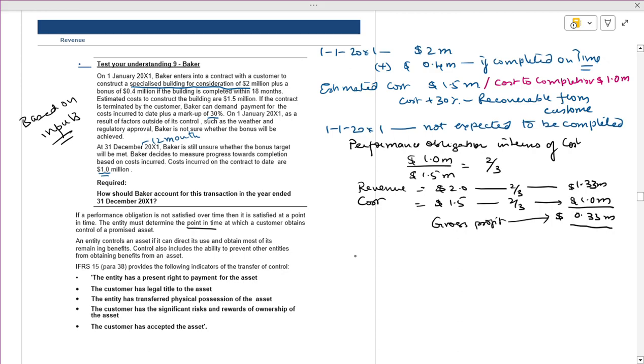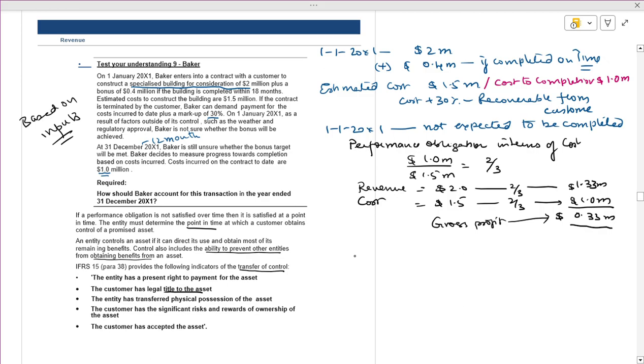An entity controls an asset if it directly uses it and obtains most of the remaining benefits. Control also includes the ability to prevent other entities from benefiting, meaning the benefits should be exclusive, with no benefit shared. IFRS 15 provides the criteria for transfer of control. The entity has the right to payment for the asset. Once I have the right to pay for the asset, nobody else has other rights. The customer has legal title of the asset,